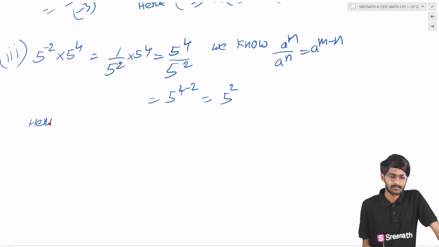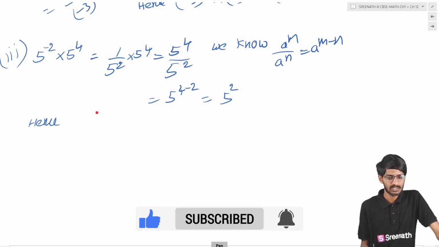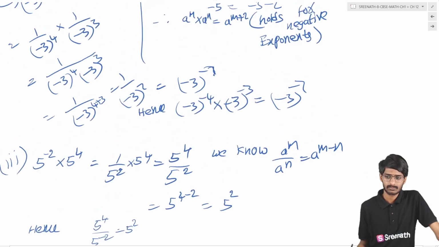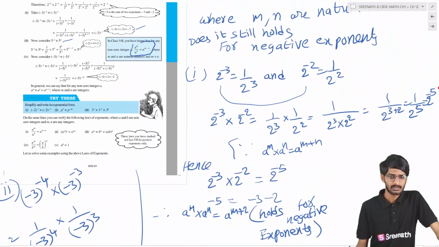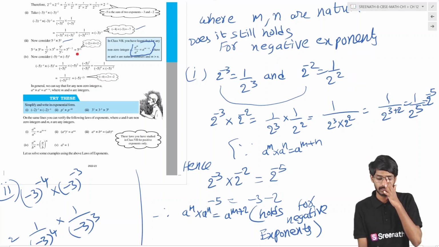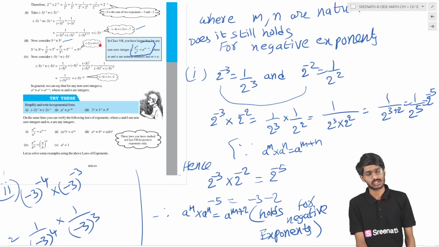So hence 5 power 4 by 5 power minus 2 is equal to 5 square. We are getting this. Minus 4 plus 2 equal to, so finally minus 2 plus 4 equal to 2, students. So here also we are getting the same result, students. Here minus 2 is there and plus 4 is there. Minus 2 plus 4 gives rise to 2, minus 4 plus minus 3 is giving rise to minus 7, and